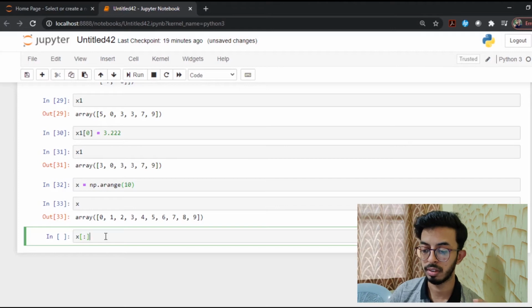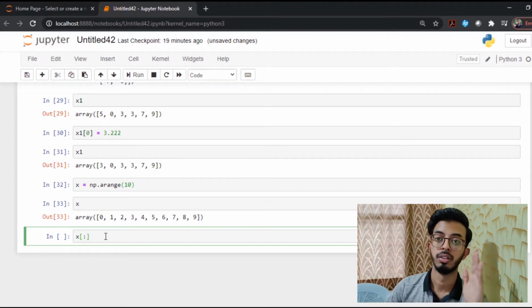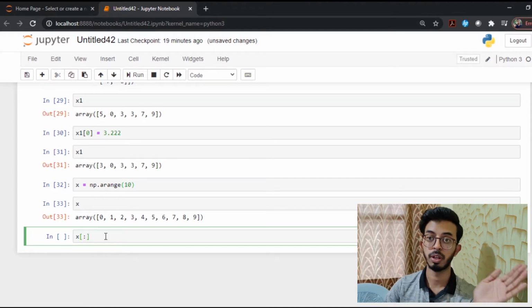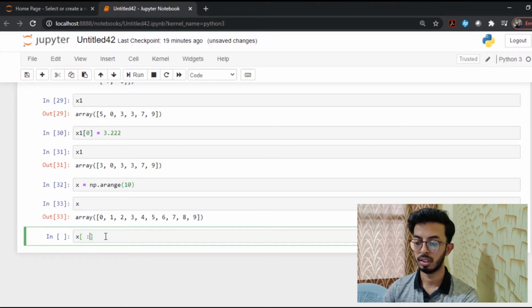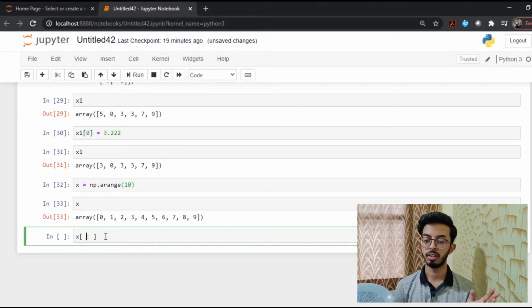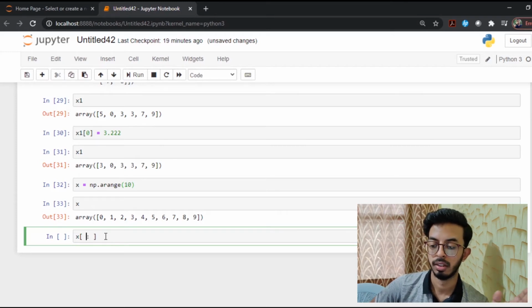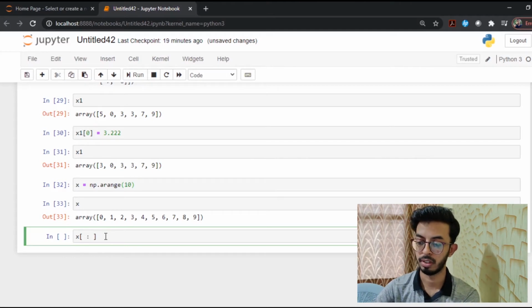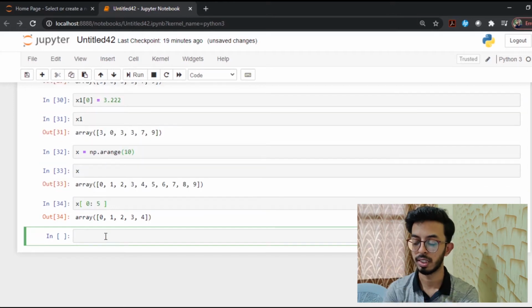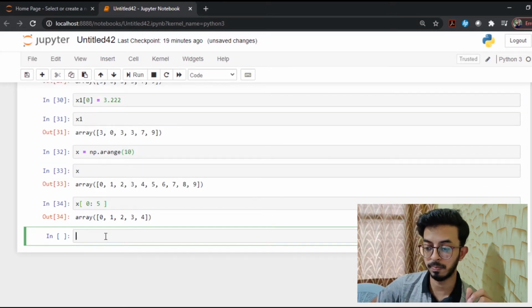So for slicing purposes in one dimension, let us take this colon. This colon is used to mark from and to. The left side of the colon you mention the from index. The right side of the colon you mention the to index. For example, from 0th index to 5th index, if you do this,